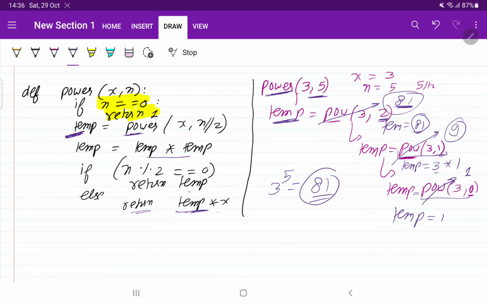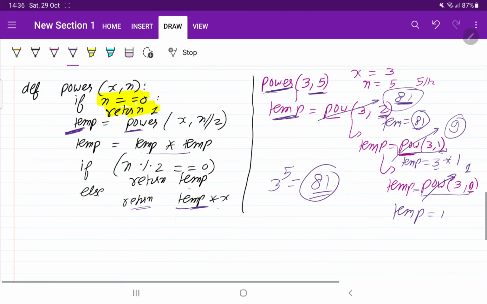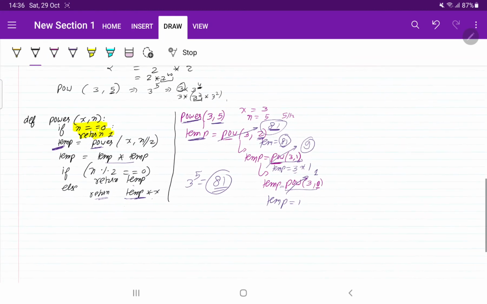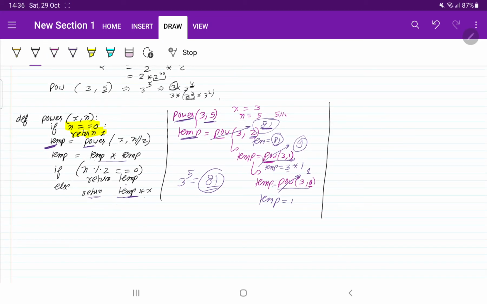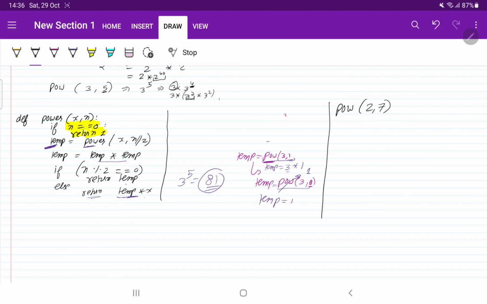For this video, let's take one more example if you are a little bit confused. Let me try to give you some more examples, so it will help you get more clarity. Let me write here power of, let's say this time, 2 to the power 5. Instead of 5, let's say 2 to the power 7. Let us calculate. Let me remove this part so that it will be easier for you. I will zoom the screen so it will be helpful to you also.